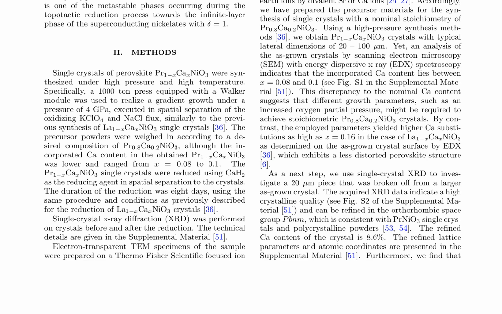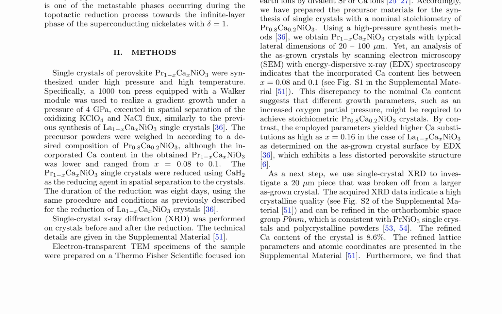The findings of this study provide an atomic scale understanding of the moderately oxygen-deficient structure with delta approximately equals 0.25, which is one of the metastable phases occurring during the topotactic reduction process towards the infinite layer phase of the superconducting nickelates. The results are notably distinct from previous reports on reduced rare earth nickelates and demonstrate that atomic resolution electron microscopy is a powerful method to locally resolve unconventional crystal structures that result from the topotactic transformation of complex